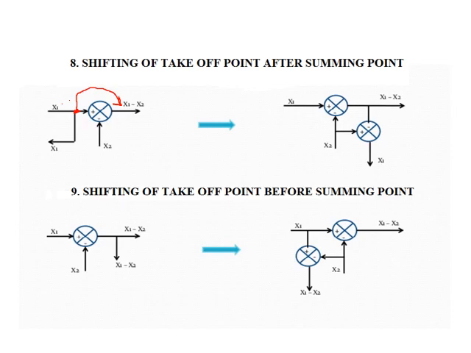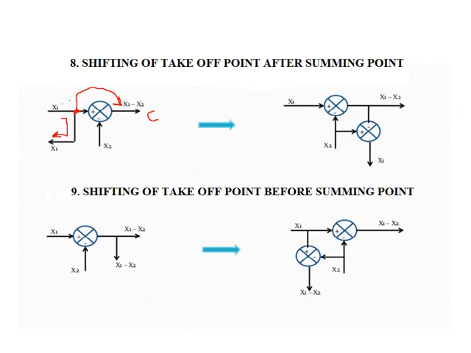Okay, so here the resultant is given, you can check here the summing point is added. Okay, so we have to check. First of all, here the input is shown with x1, and here the output, that is C, is shown with x1 minus x2. Look at this, here the takeoff point is there, and this takeoff point output is nothing but x1, and here the summing point is there, that is labeled with x2. X2 is the incoming signal at the summing point.